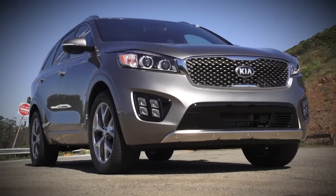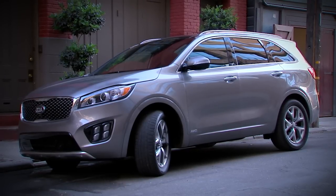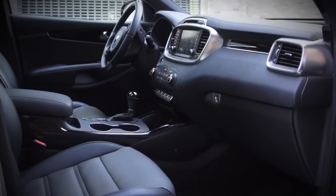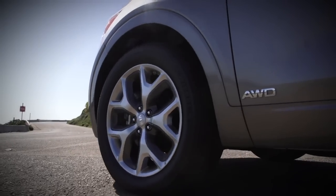The 2016 Sorento vies with the Sedona minivan as Kia's largest vehicle. Kia calls the Sorento a crossover utility vehicle, or CUV for short. It comes in L, LX, EX, SX, and limited trim models. We have the limited trim model back here